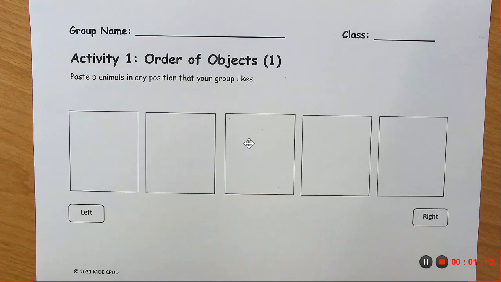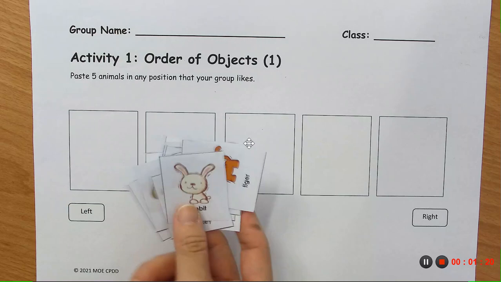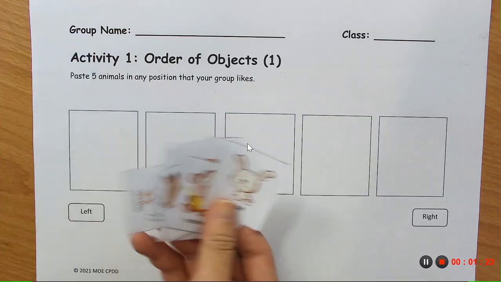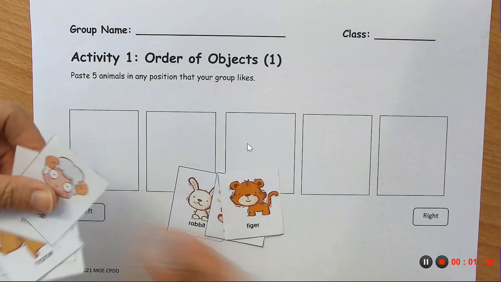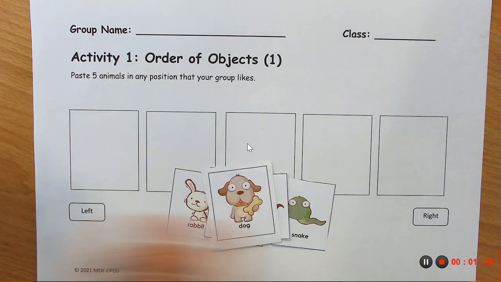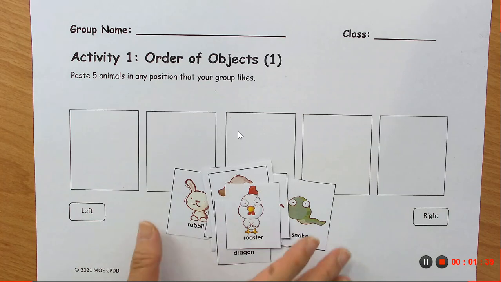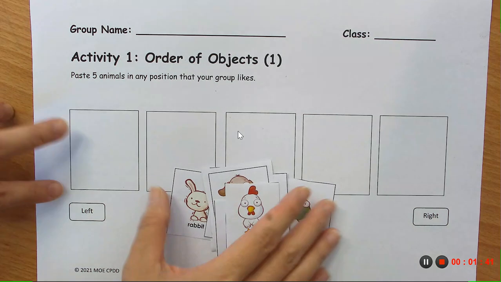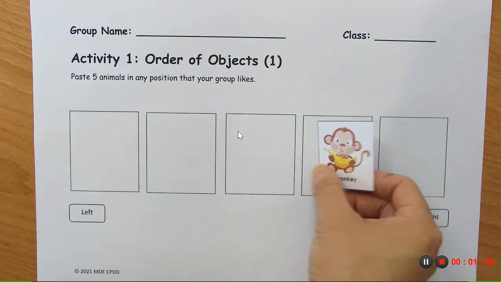Now, each group, you'll be given some animals here. I have 10 of these animals. There's rabbit, monkey, tiger, sheep, snake, horse, cow, dog, dragon, and rooster. Now, you will discuss with your group to choose just 5 animals, only 5, and after that, I want you